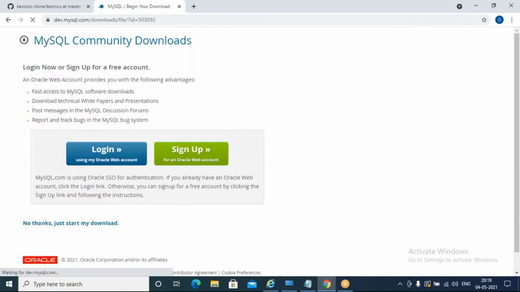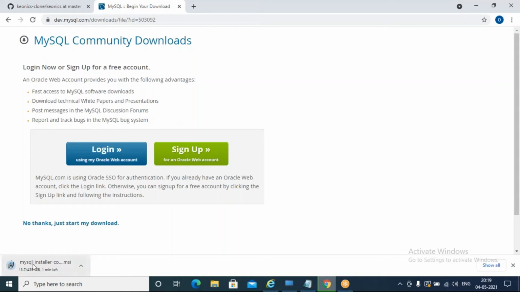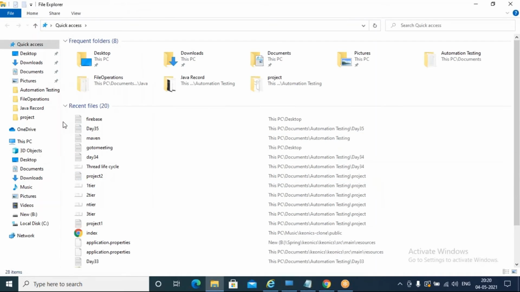Just click on download. It will take you to the next page, where it will ask you to sign up for an Oracle account. It is free of cost. If you want to sign up, you can. Otherwise, you can just click on the no link here, and it will start your installation. I'm canceling this installation because I have already downloaded it. If I go to my downloads,